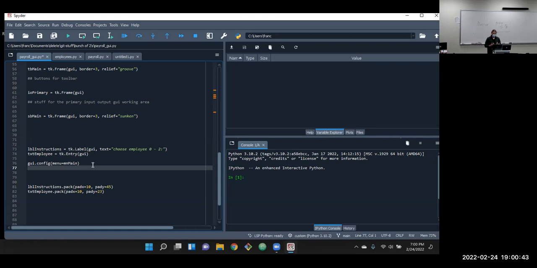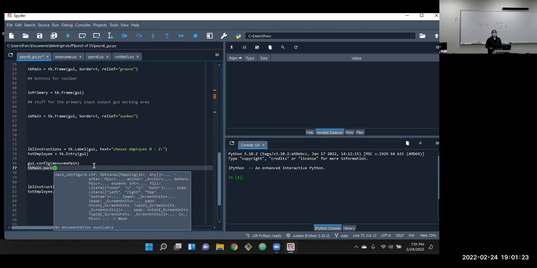And what I like to do is those main containers are the toolbar container that the buttons are going to go in, the primary input output, and the status bar, where the text and meters and quick access buttons will go in. I like to put those containers in with the pack method. That way they just go in stacked top to bottom. And then the things inside there, I'll use grid. So to put those on there, we just need the name of them. So like the main toolbar, tb.main, and pack it in there.